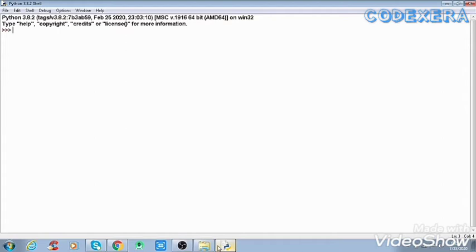Let's see how to create a tuple. A tuple can be created as a collection of comma separated values enclosed within small brackets. The parentheses are optional, but it is good practice to use them. A tuple can be defined as follows, which I am going to show you.